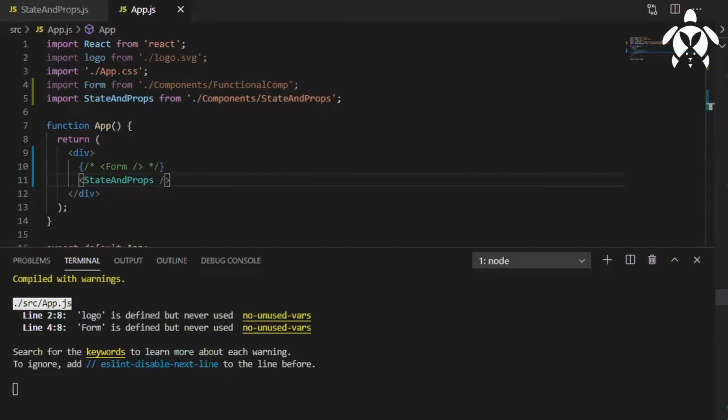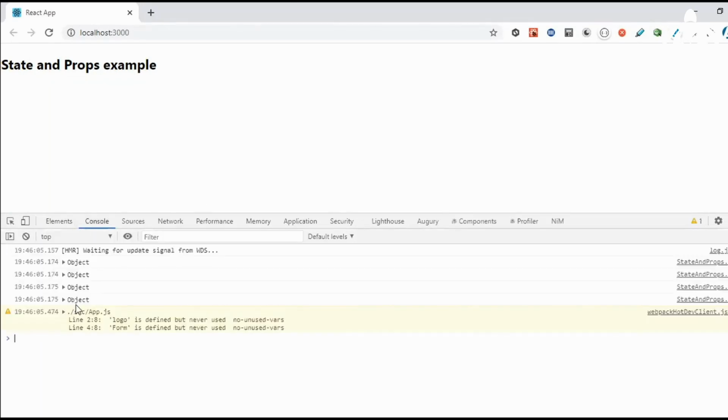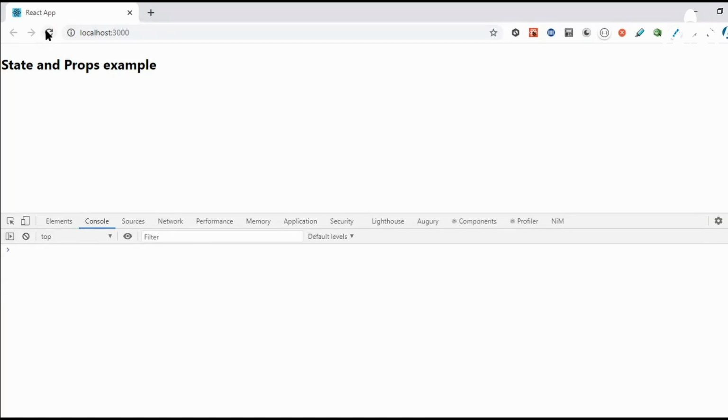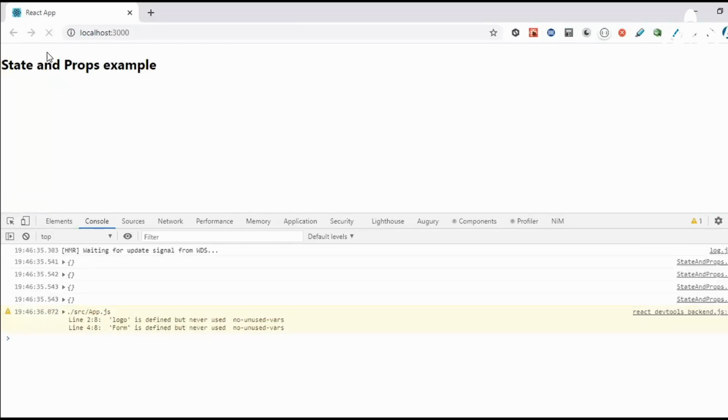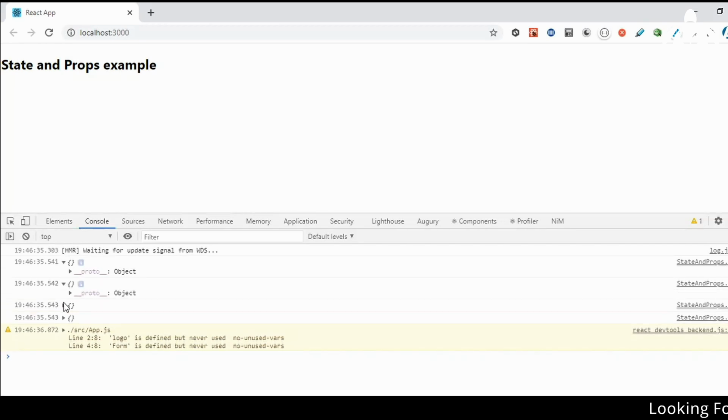Now let's open that, and you can see the state and props example. We'll see the console, and how many times we have got the object. Okay, totally 4 times. Let me clear and refresh it. Okay, so we have got nothing inside it.